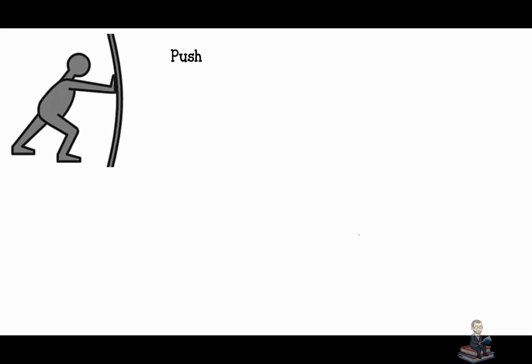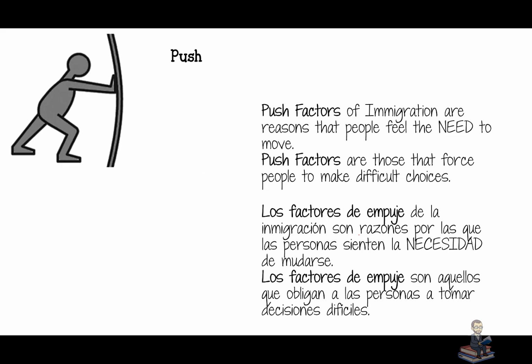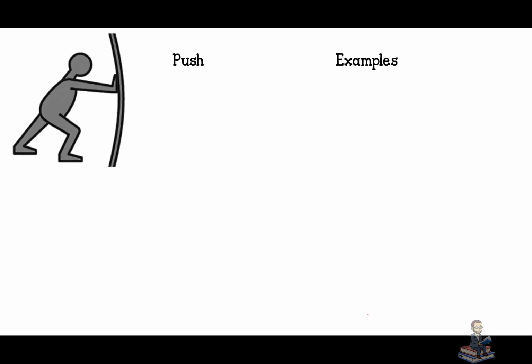So, push factors of immigration are reasons that people feel the need to move. Push factors are those that force people to make difficult choices. So, when someone is pushed out of their country, it is for reasons that are necessary and are forced. These decisions are always very difficult to make as well. So, we are going to look at some examples of what push immigration is. Examples include